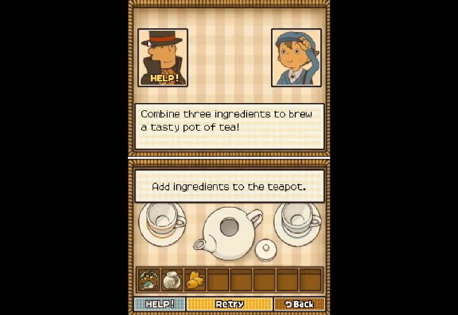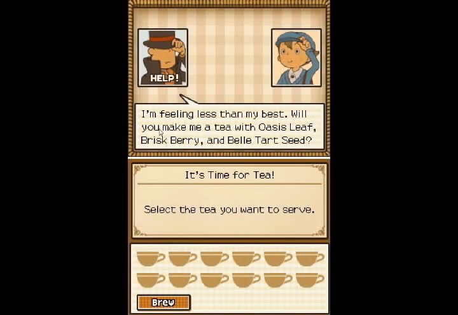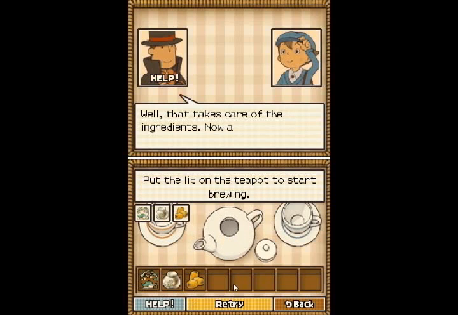I know I'm running a little bit out of time here, but let's see, why is he flashing help? Well, we hit help. I'm feeling less than my best. Will you make me a tea with oasis leaf, briskberry, and bell tart seed? So now we brew. He wants one with oasis leaf, briskberry, and bell tart. That's all you do, and there are 5 more ingredients, which we won't see for a good long while. It'll be a little while before we get all the ingredients for the tea set, but this is one fairly long-going minigame. So, grab that, put it on,